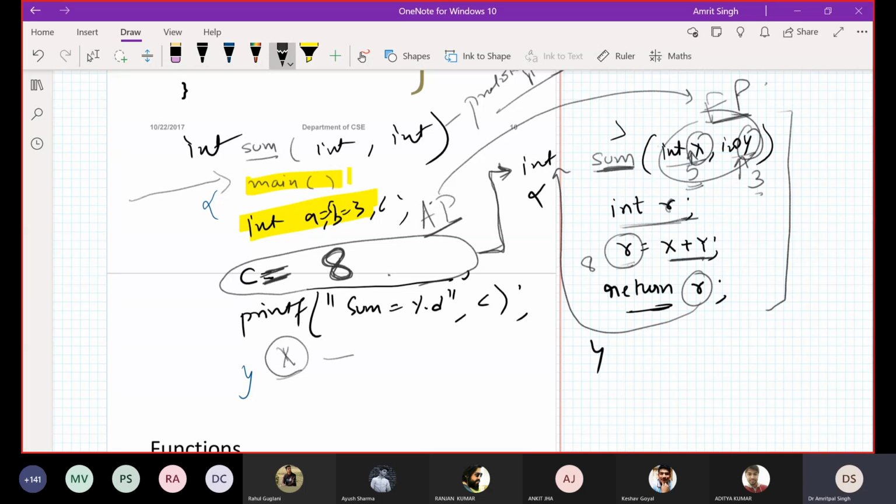So now you have resolved the right hand side. Now we allocate this value to c and simply we are going to get 8 in the output.